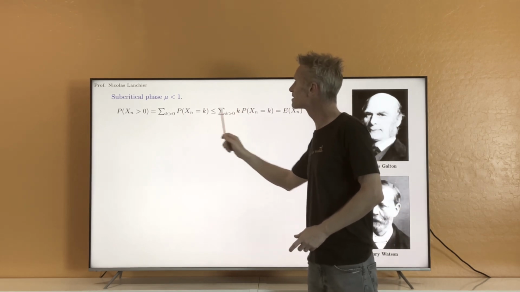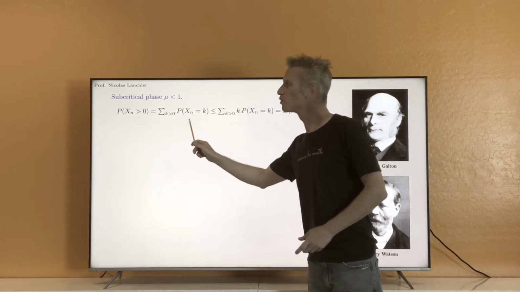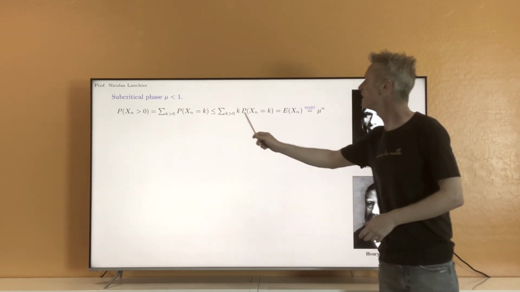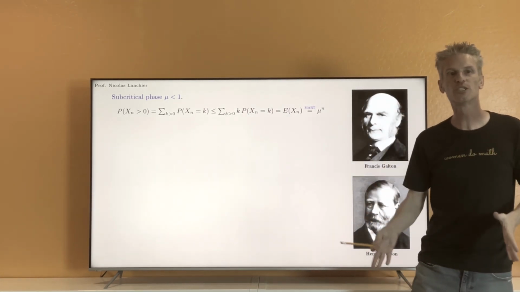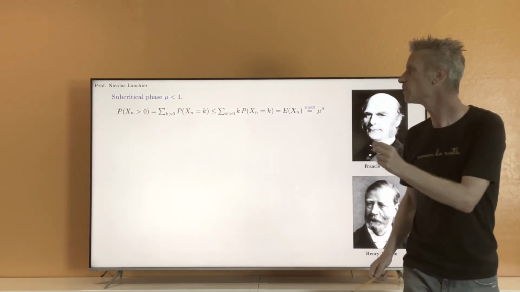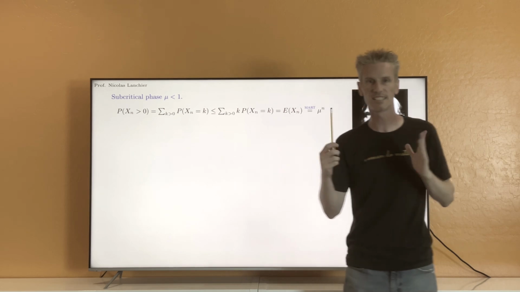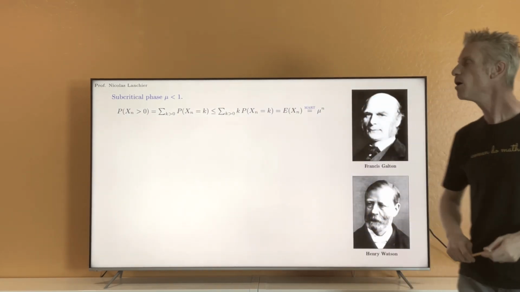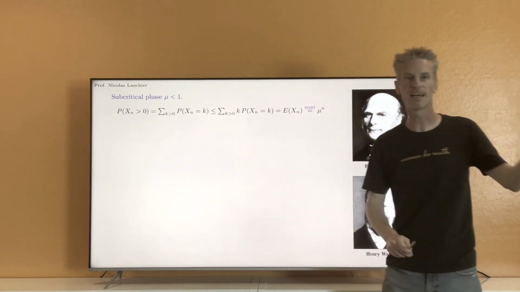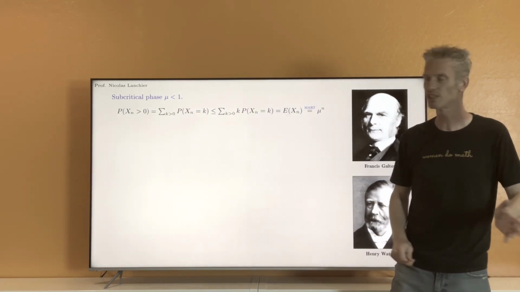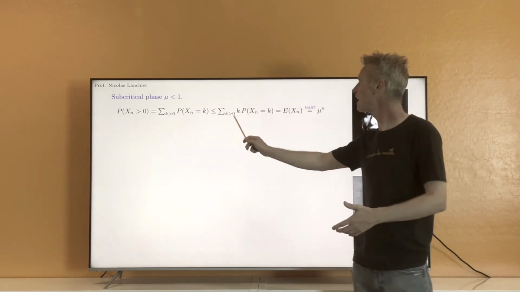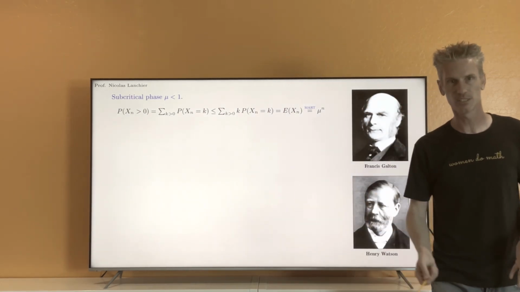Here, I'm just multiplying each of those terms, which are all positive, by an integer that is, worst case scenario, equal to 1. k can be equal to 1, 2, 3, and so on. So doing that, I can only increase this sum here. But then you see that if I replace k strictly positive by k larger or equal to 0, I don't change anything, because this term anyway would be equal to 0. You would have a 0 times the probability that Xn equals 0.